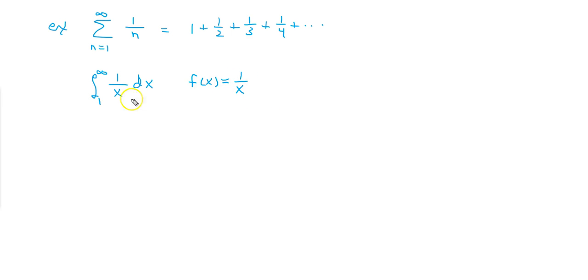Now just check, you can easily see this is going to be a decreasing function. There's no problem there. But if you wanted to check, notice that the derivative is negative 1 over x squared, and that's certainly negative. So our function is a decreasing function, and it does match up with the an terms at integer values. So let's evaluate this and see if it exists or not. If it exists, then this will exist. If it does not exist, then this will not exist. So now evaluating this,